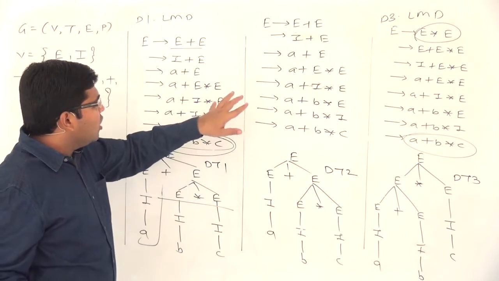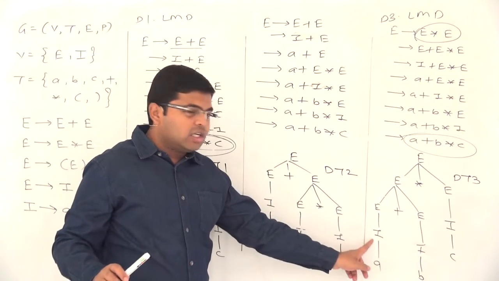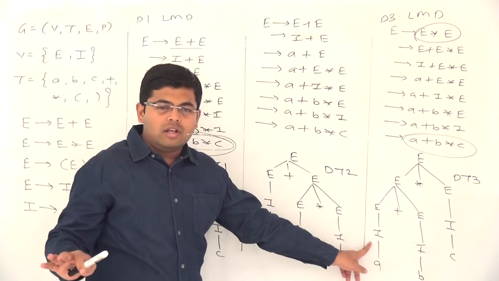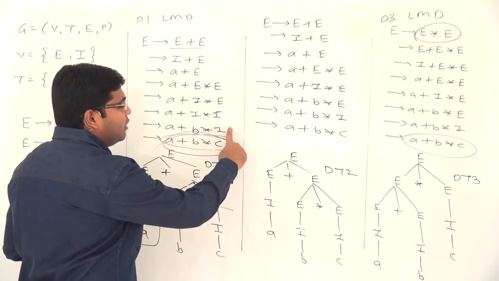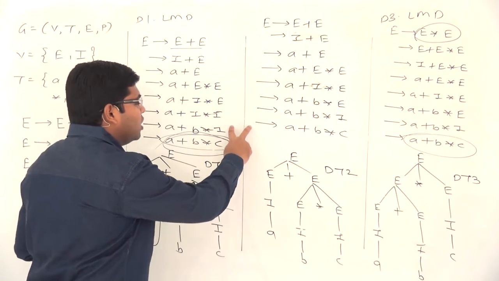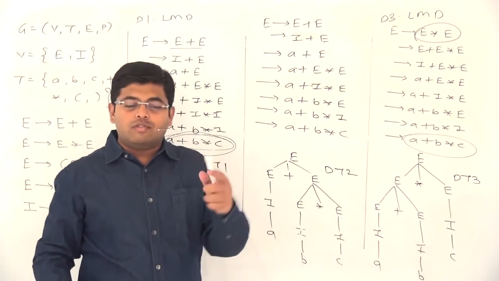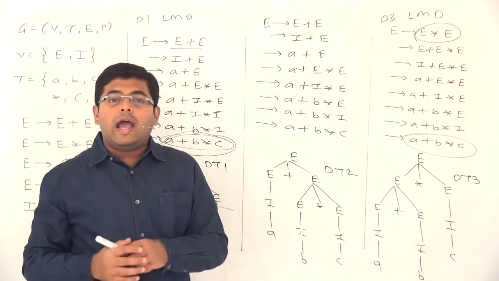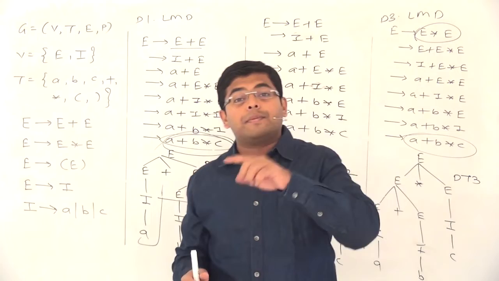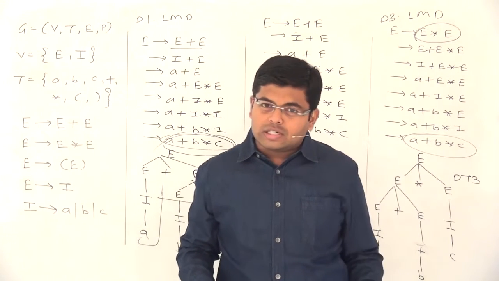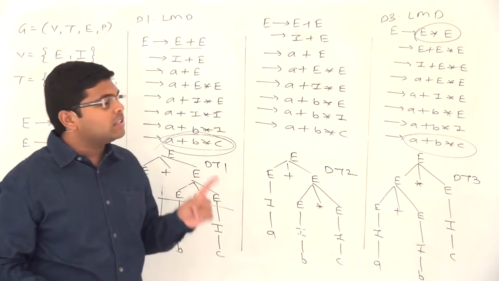Because our basic definition of ambiguous grammar is a grammar with different derivation trees, and therefore we cannot define ambiguous grammar as a grammar with different derivations, because different derivations don't mean different derivation trees. We want to focus on different derivation trees, and different derivations don't mean different derivation trees, but different LMD mean different derivation trees. Similarly, different RMD mean different derivation trees.